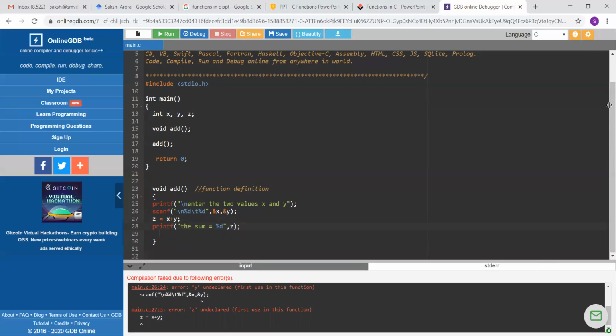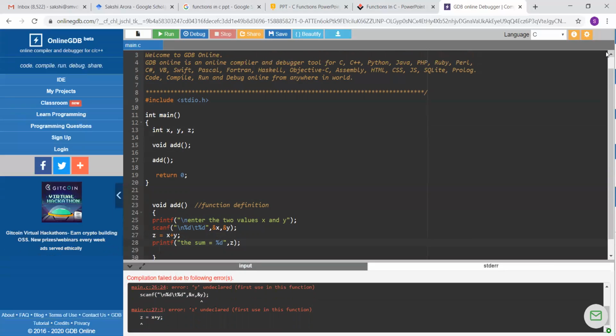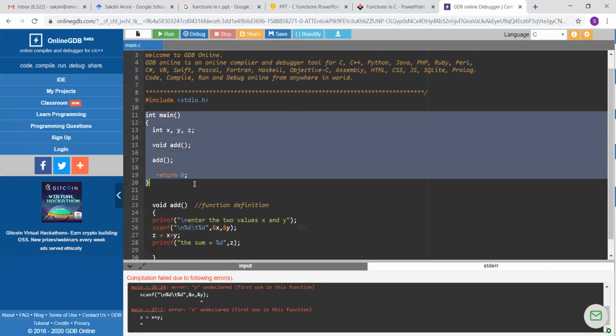Now, one point to remember forever while using C is that every function has a scope. Now, whatever variables are declared in main, x, y, and z, these variables will have a scope in main only.